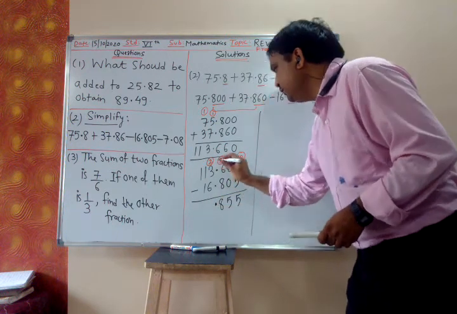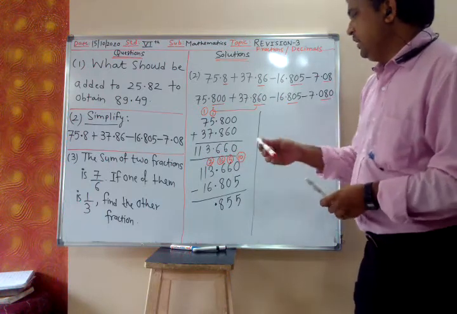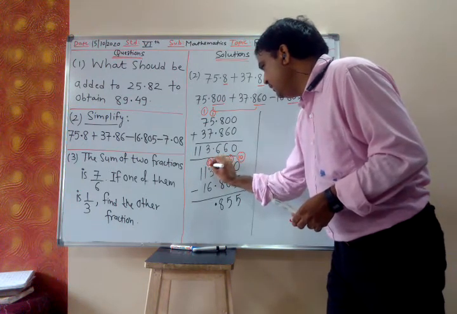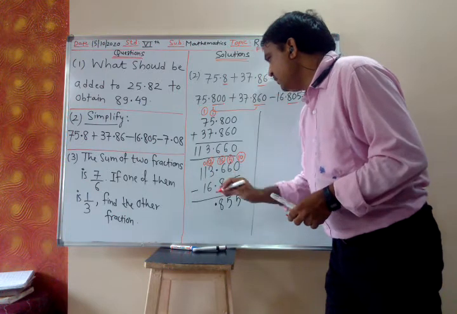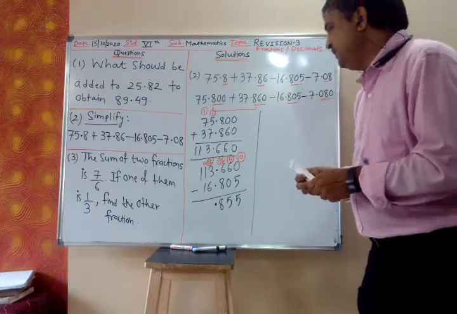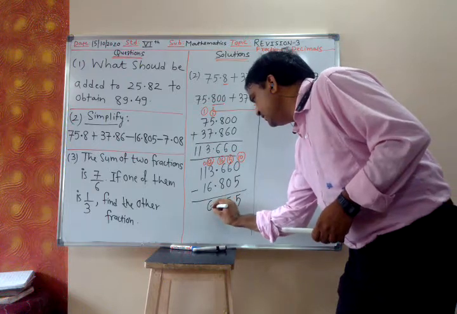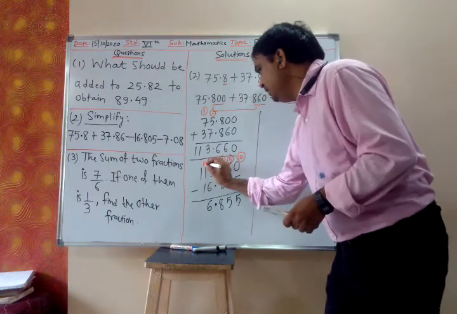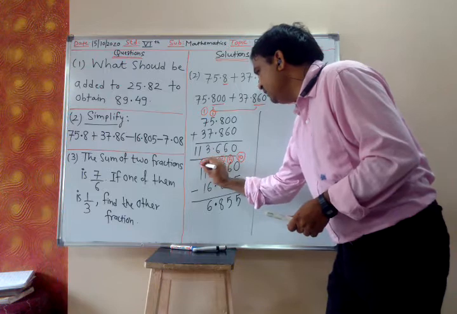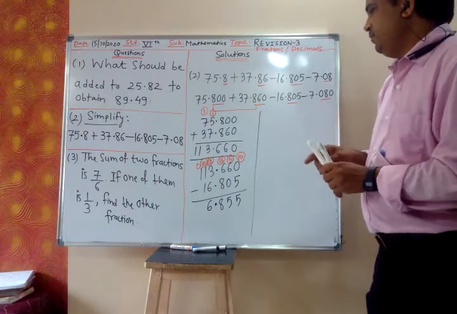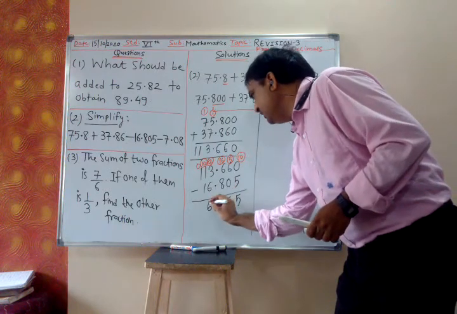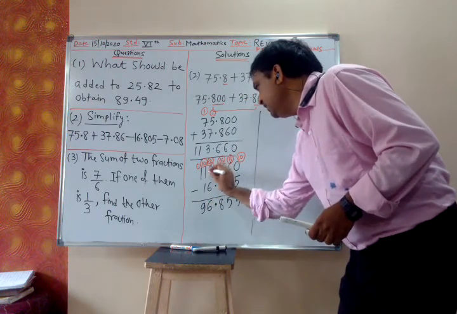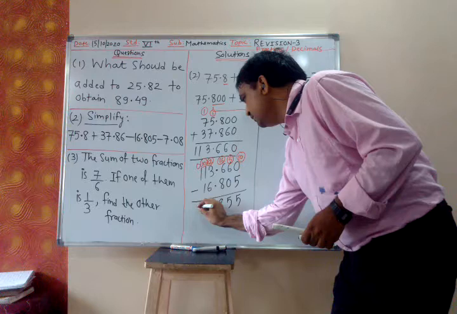Point. Now this is 2 and this is 6. So you have to carry 1. So this 2 becomes 12 and 1 becomes 0. So 12 minus 6 is 6. Then this is 0 and this is 1. So again 1 will be carried. This 0 becomes 10 and 1 becomes 0. So 10 minus 1 is 9 and 0 minus 0 is 0. So this is 096.